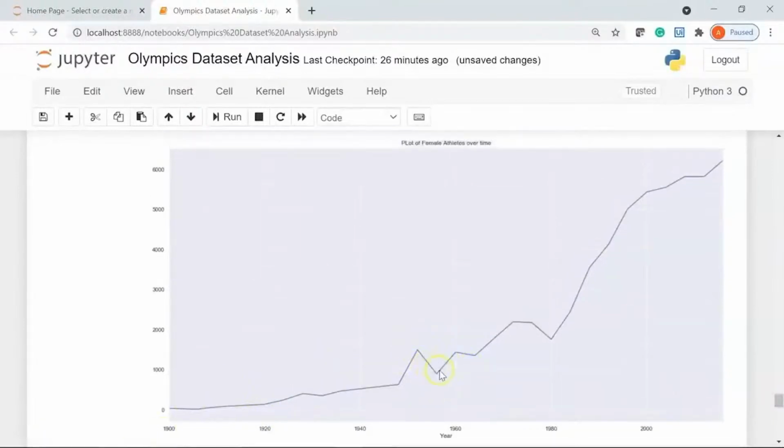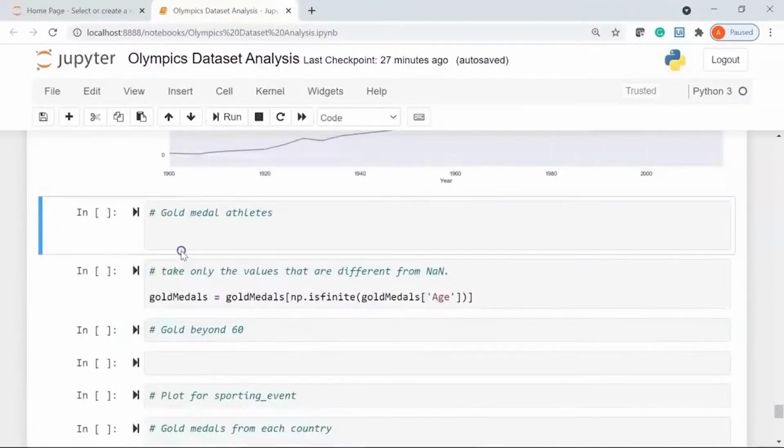There was a slight decrease here. This is around the 1950s, and again you can see here there's a decrease with the women participation in 1980, but since then, since 1980, there has been continuous increase in the participation of female athlete numbers. Cool. Now coming to the next section of our analysis,